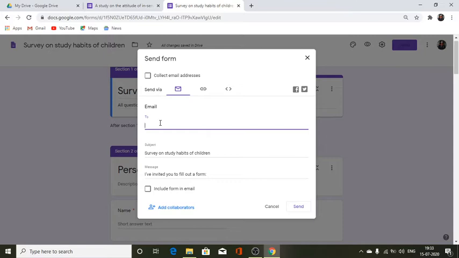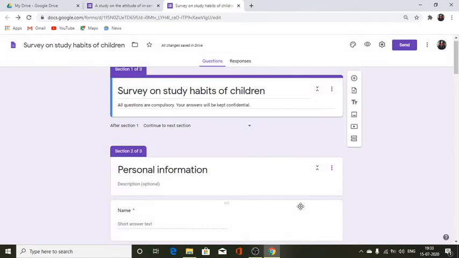If you know their email addresses, you can type them in. Let me type in one sample email address, include form in email, and click on send. So it goes to the person's email ID.